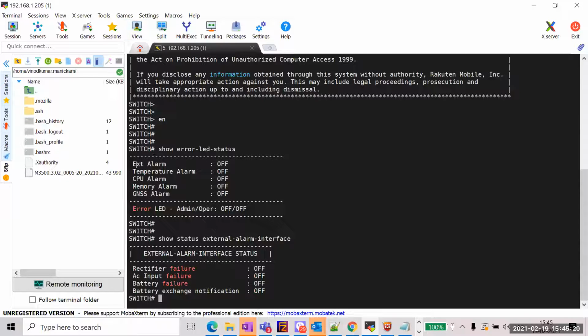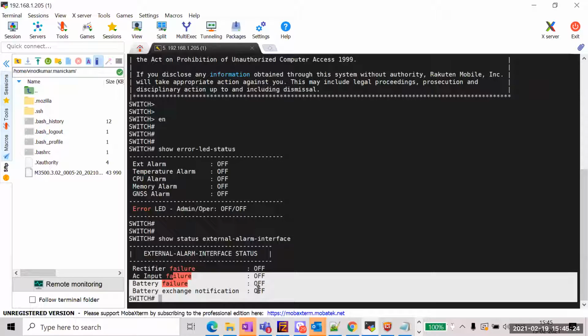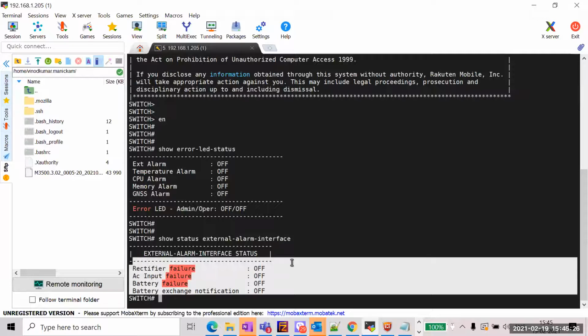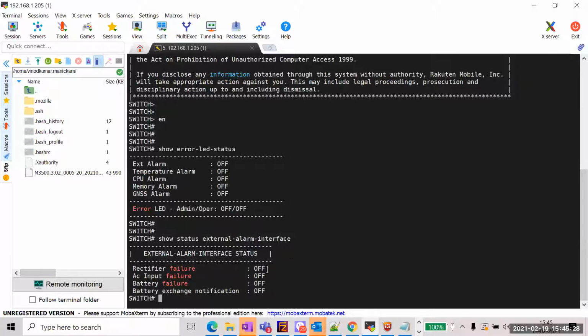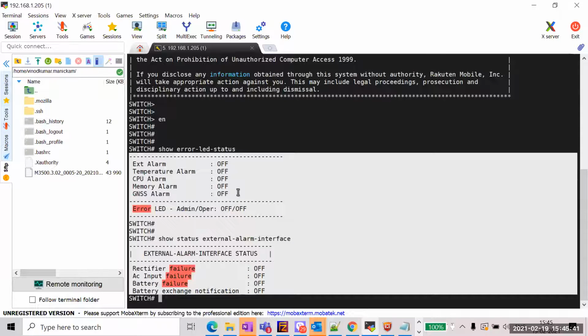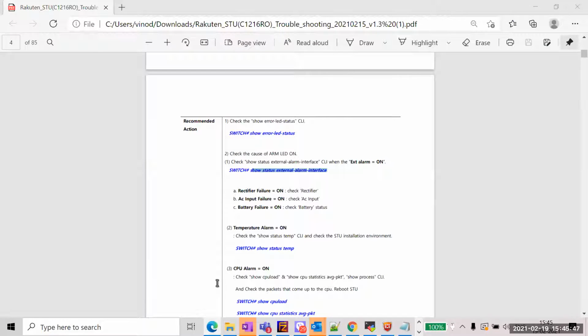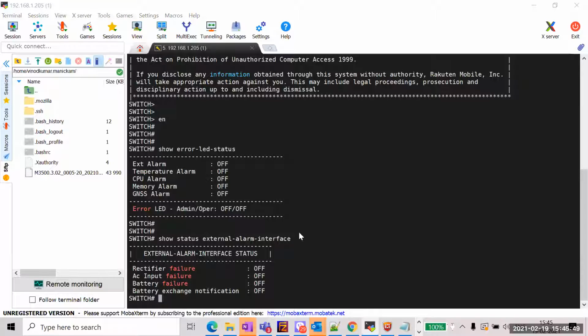If the external alarm is on, then these many issues could have caused this external alarm status. Let's say we have a battery problem, then battery will be on, and subsequently the external alarm will be on. This way you can recognize what has gone wrong in the STU, and you can ask the particular team to do the fix. Second, for temperature, if the temperature alarm is on,